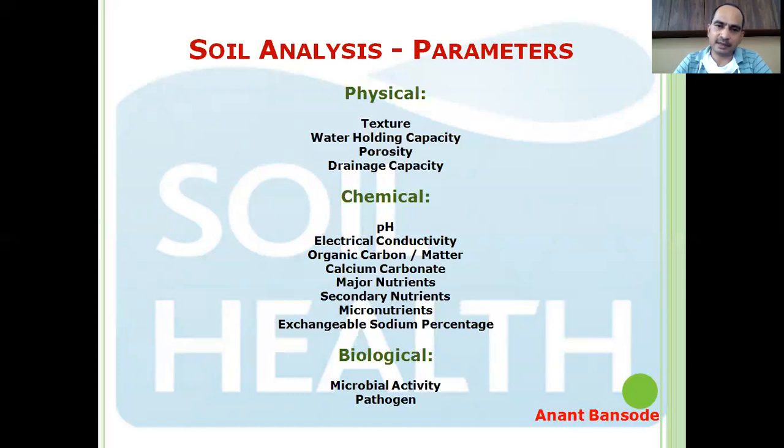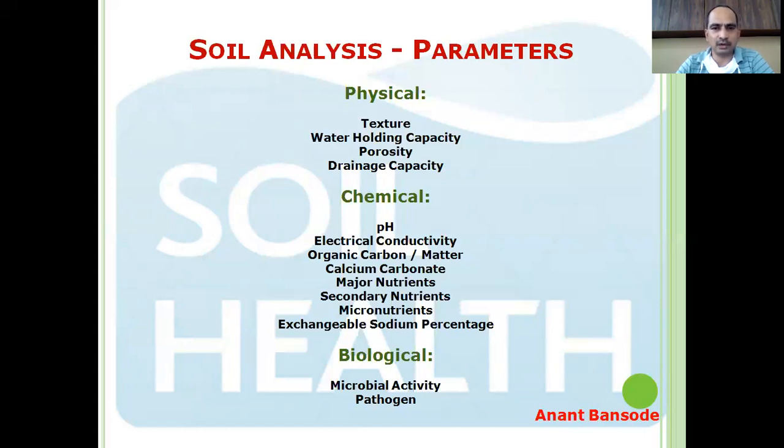Then in chemical parameters, we check pH, as we have seen in the slide. Then electrical conductivity. Electrical conductivity is a measure of salt content in the soil. Then we analyze organic carbon or organic matter. The organic carbon is, we can say, the life of the soil. It is used by soil microorganisms for their growth, and in turn those microorganisms help the growth of the plant. Then we see calcium carbonate,